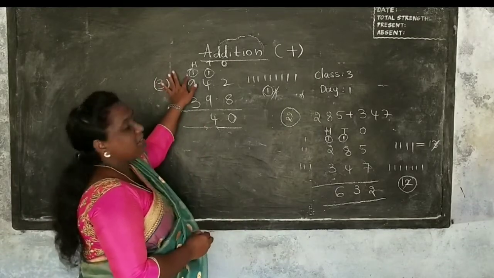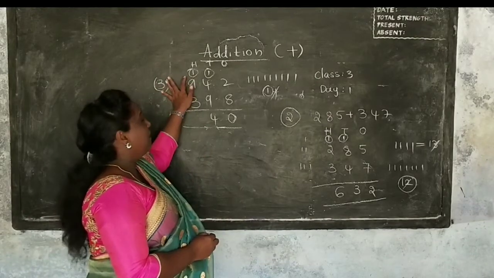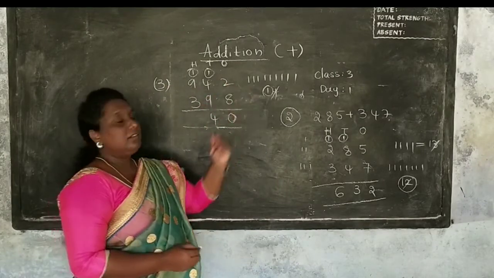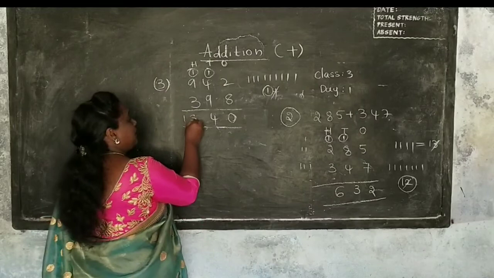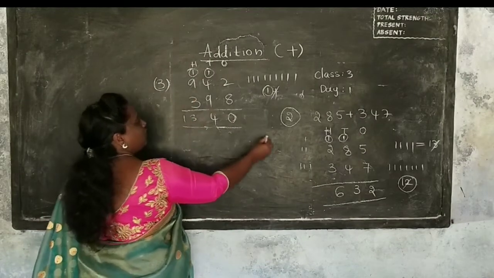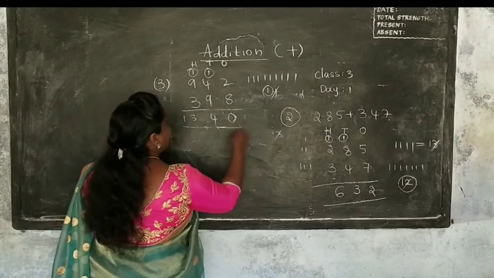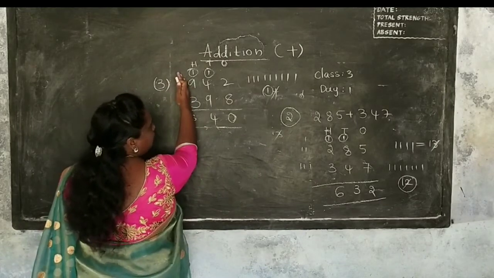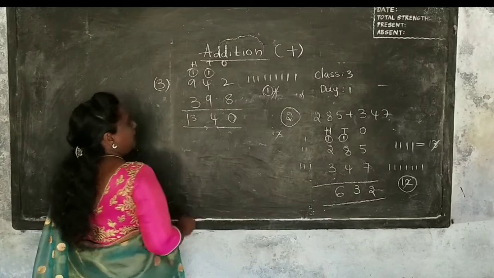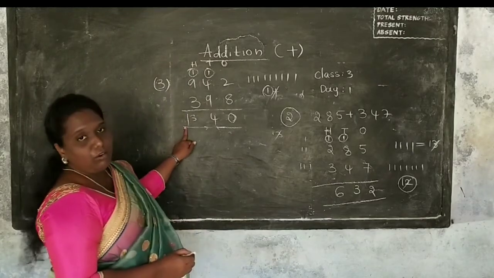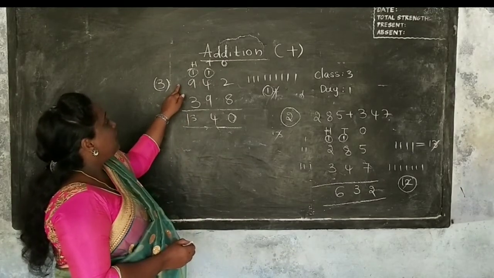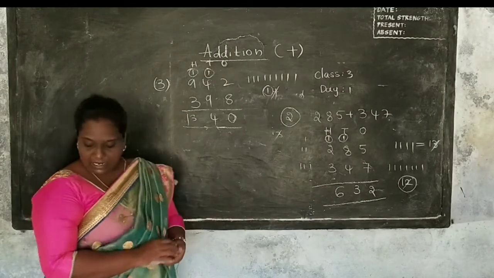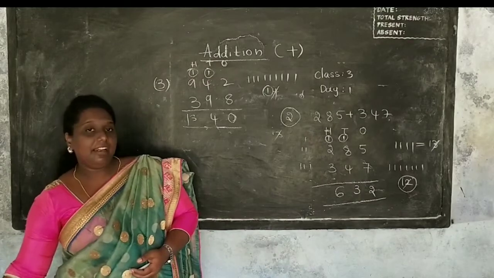So 9 plus 1, how much? 10. 10 plus 3: 11, 12, 13. So then it is 13. Here we also got a 2-digit number, but we write 13 here since the addition process is completed. So the answer of the addition of 942 plus 398 is 1340. Understand the carrying additions better?